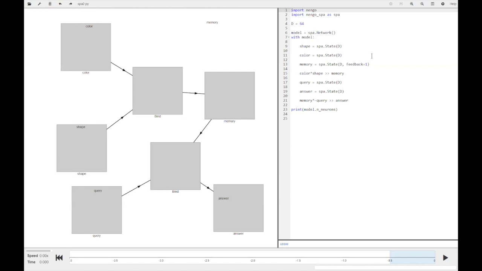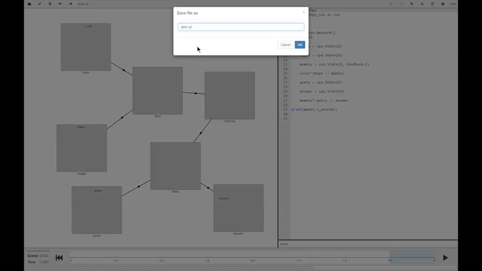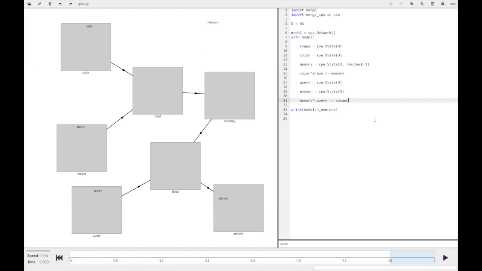So let's go and add in a cleanup memory here. First thing we're gonna do is save this as a new file, spot 3. Now, since we're gonna actually have a neural network that is specifically looking for particular vectors, when it comes time to build the network, we need to know what those vectors are beforehand. So the first thing we need to do is show you the syntax for saying, hey, we're gonna define some vectors and make use of those